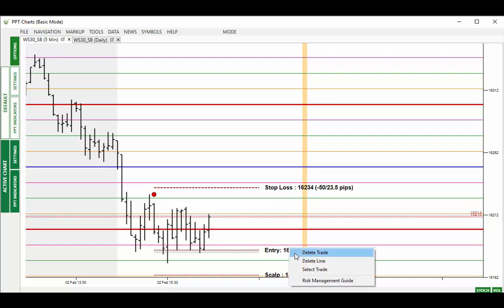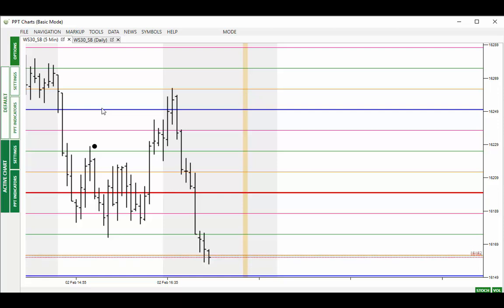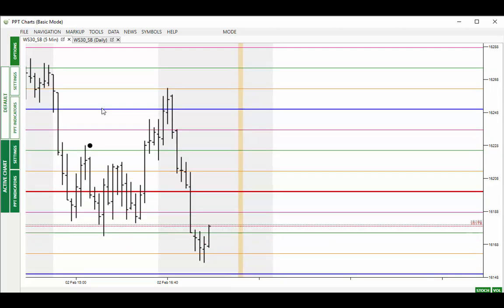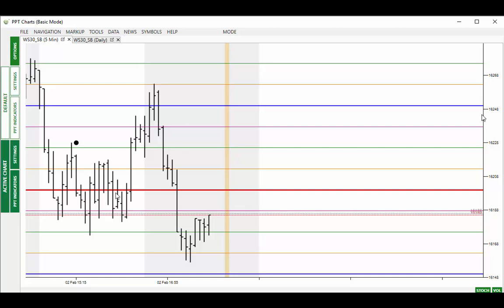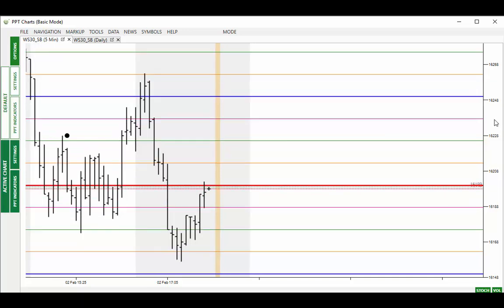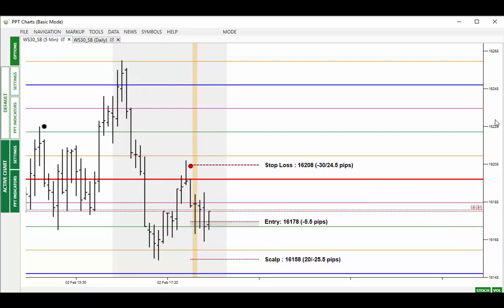So let's fast forward through all of this. We've got the quiet part of the session, and at this point I've actually turned on signals during the quiet part of the session as the market shot up, went up 50 points, came back down, then found support, and then starts sitting sideways. And of course Fisher's going to speak at 6 p.m. from the Federal Reserve. You'll see a sell signal there that is actually filled and goes down to the target